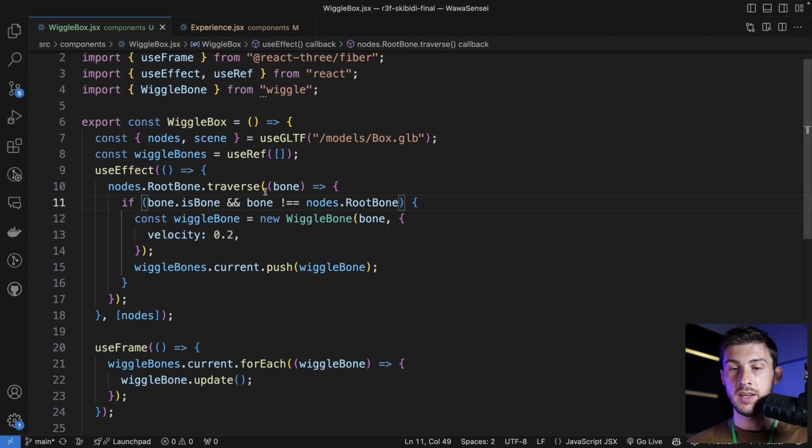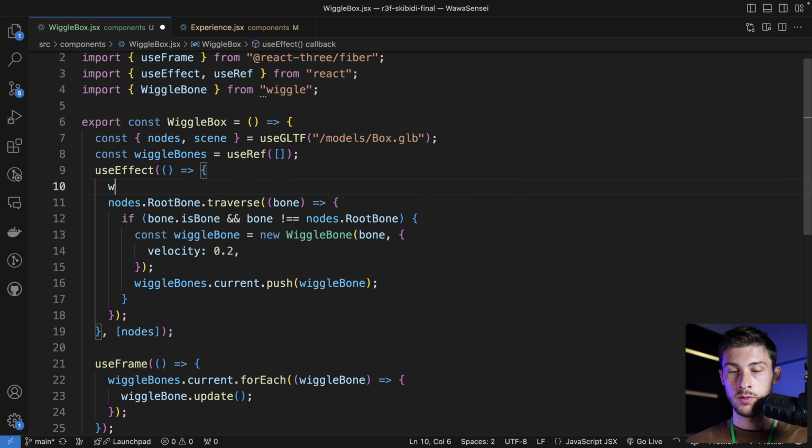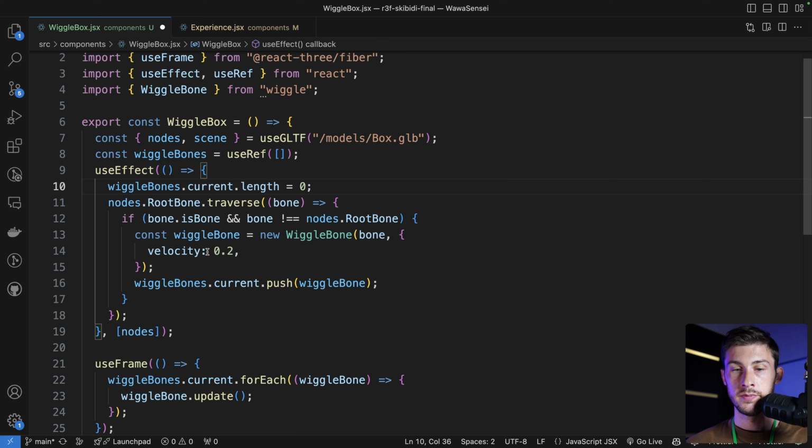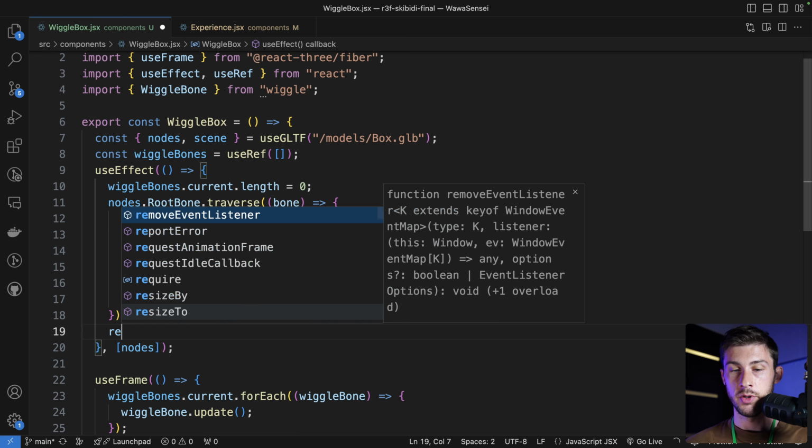And it seems so. It's way better. Currently, I'm reloading every time because when I save, it will re-trigger the use effect and we will create even more and more wiggle bones. Instead, let's do things properly. We will empty wigglebones.current. We can do .length equal to 0. And in the cleanup function of our use effect,